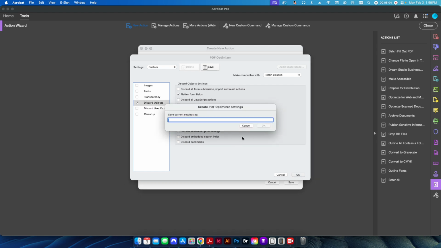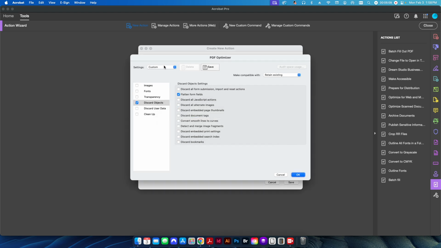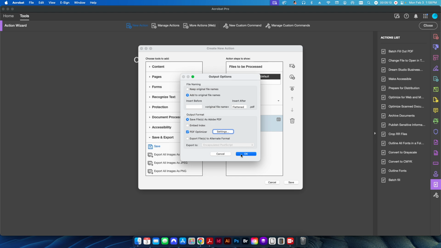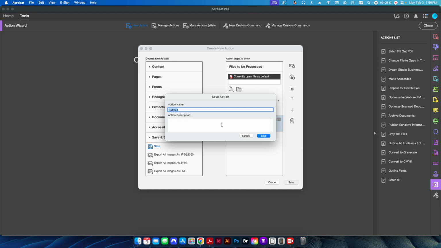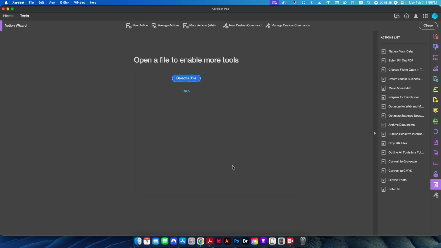So I'm going to hit OK, and I'm going to save. Oops, I don't want to do that. I already created a custom one there. I'll hit OK. I'll come back here and hit OK again, and I'll hit save, and I'm going to name this flatten form data. And I'll hit save, and now you can see here under my action list I have a flattened form data